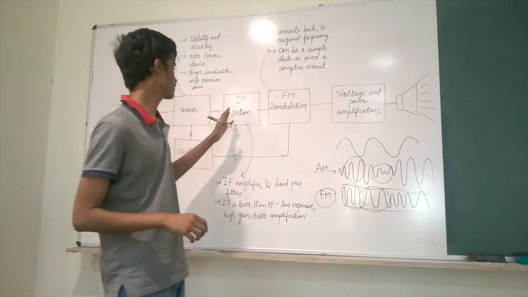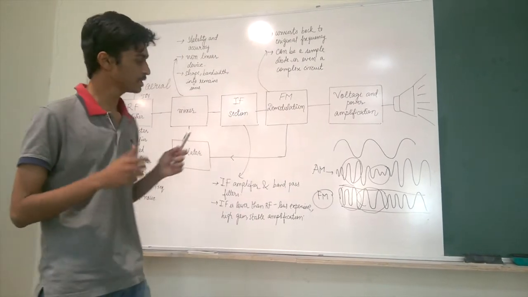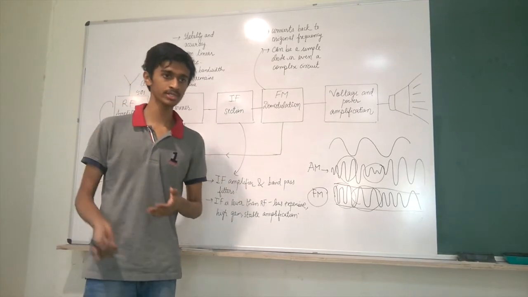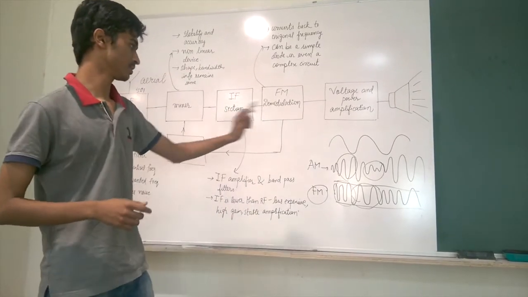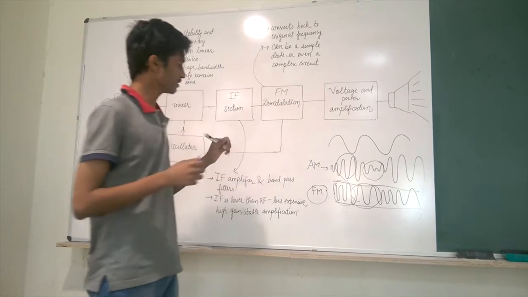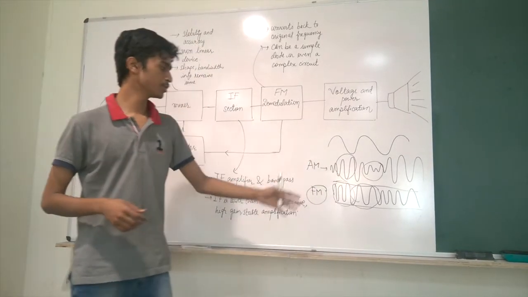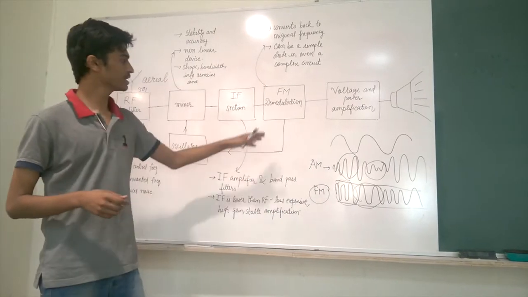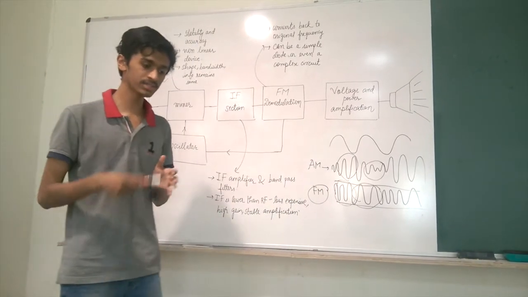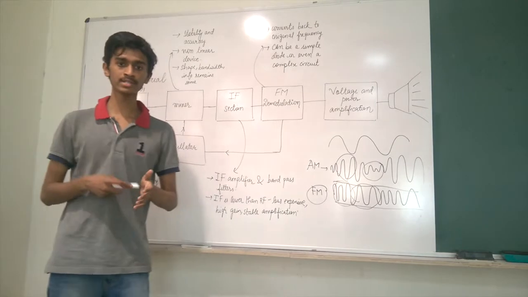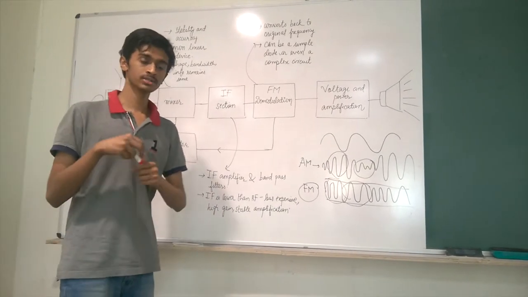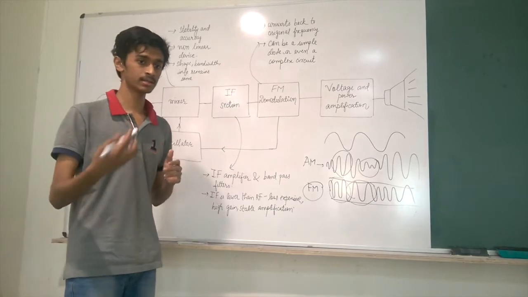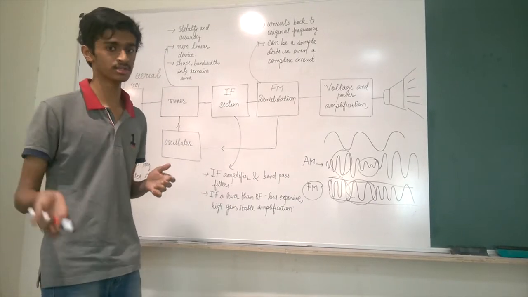The signal is transferred from the IF section to the demodulation section. What the demodulation section does is convert the frequency modulated wave back into the original one, so that we can convey it further. From this we can see that higher amplitude means higher frequency and lower amplitude means lower frequency. So demodulation converts the frequency modulated wave into a frequency and amplitude modulated wave, so that we can remove the part which is inside the envelope and pass the envelope ahead to get the original frequency back.